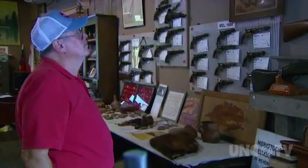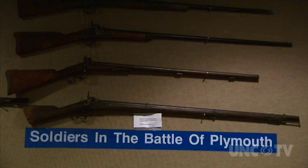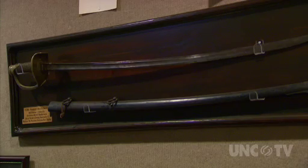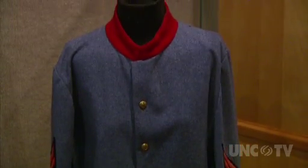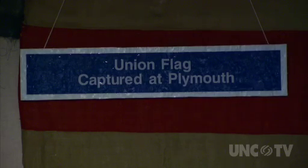The Port of Plymouth History Museum is an example. Its primary focus and collections are based on the Civil War history here that is some of the most important in the country, and certainly some of the most important in the state of North Carolina. Many of the museum's artifacts are from the Battle of Plymouth, the second largest battle in North Carolina during the Civil War. This particular flag flew through the battle, and those holes you see in it were shot in there